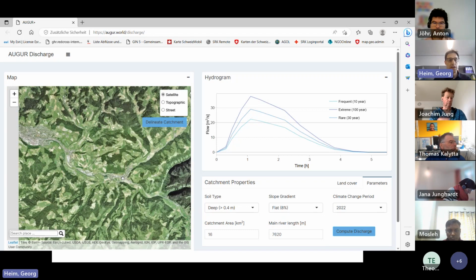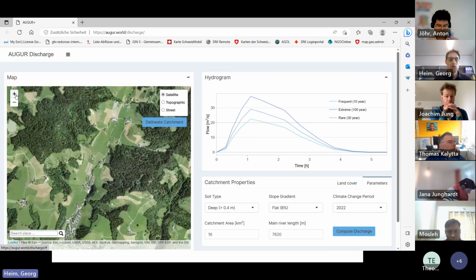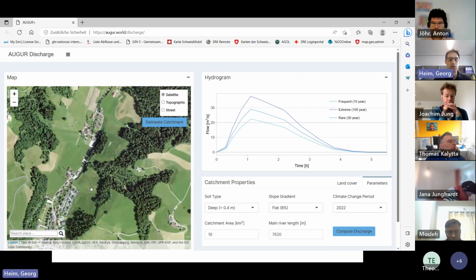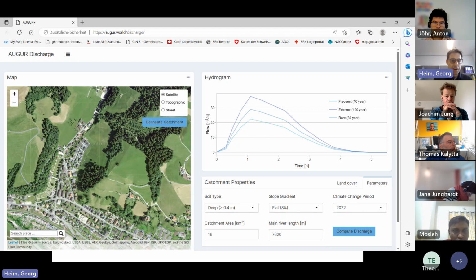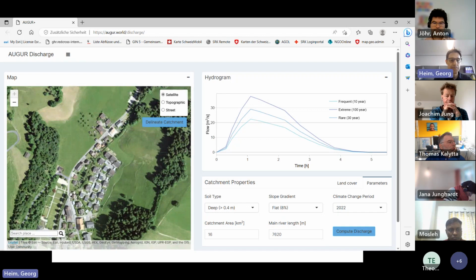So I will zoom in to get the peak flow of this catchment here. It's very important to zoom in to be sure that you are clicking on the channel and not outside of the channel. In that case, we are in a village. This is the stream. The flow direction is from up to down. So I would like to know the peak flow in this area here because I would like to map the hazards for these houses here. So I put my hand on the channel, I click on it,